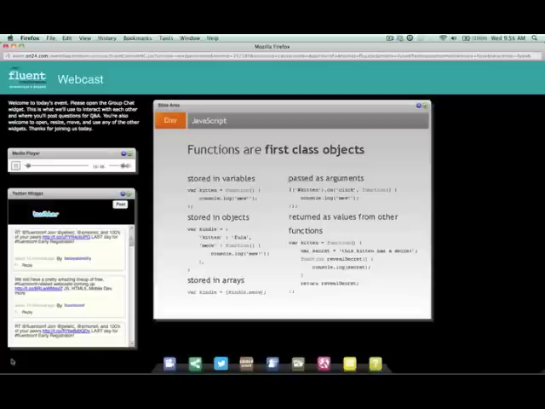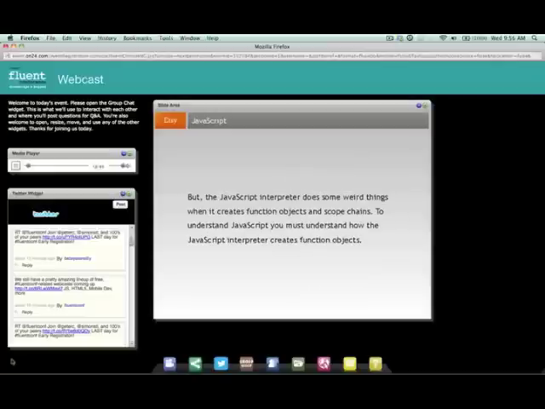So here in the slide I've just showed you, functions can be stored in a variable, an object, an array. They can be passed as arguments, and they can be returned from other functions. But the JavaScript interpreter does some pretty weird things when it comes to creating function objects and scope chains. To understand JavaScript, you must understand how the JavaScript interpreter creates function objects. I never truly understood scoping or identifier resolution or this in JavaScript until I understood more about how the JavaScript